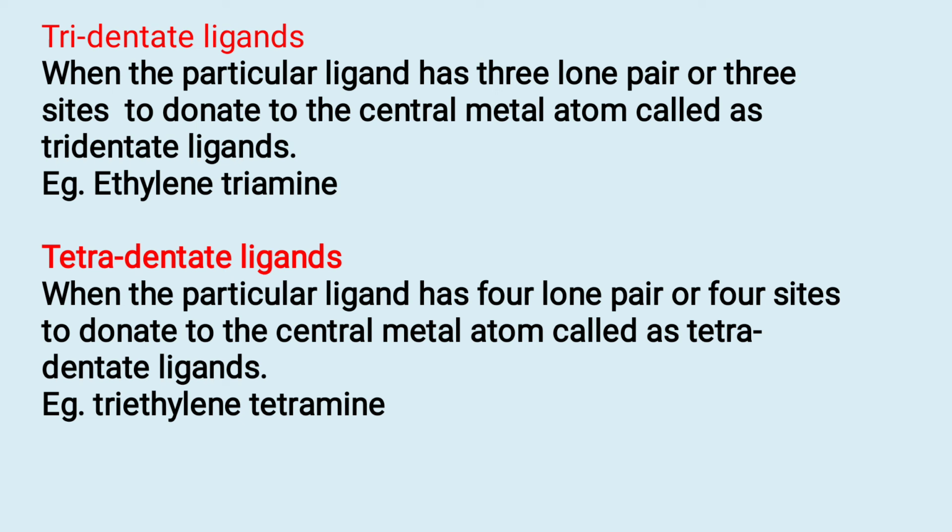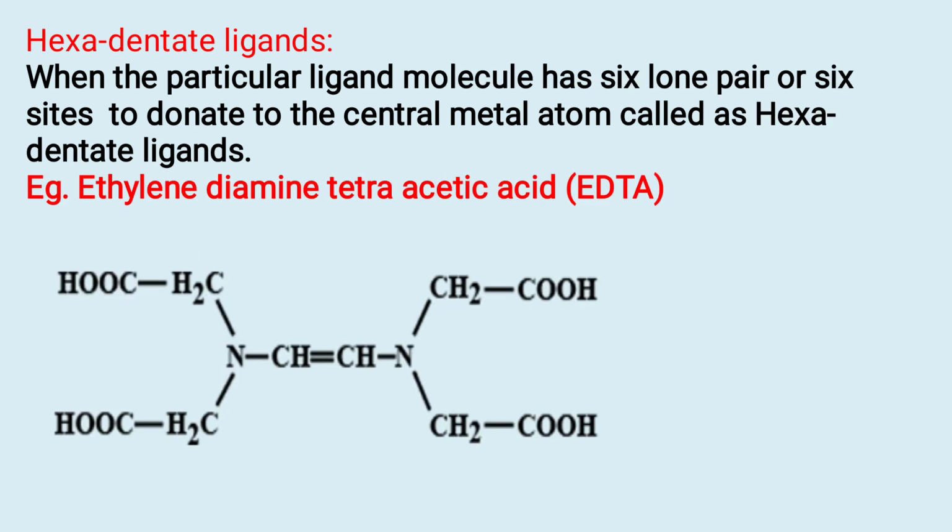Tridentate, I think you might have understood what is monodentate, bidentate or tridentate. So a tridentate ligand has 3 lone pairs of electrons. Similarly, tetradentate has 4 lone pairs of electrons, and pentadentate has 5 lone pairs of electrons to donate to the central metal atom. A very famous example of a hexadentate ligand is EDTA. This EDTA has 6 coordinating sites, or 6 lone pairs of electrons, that will be donated by EDTA to the central metal atom to form a very stable geometry, or to form chelating complexes.